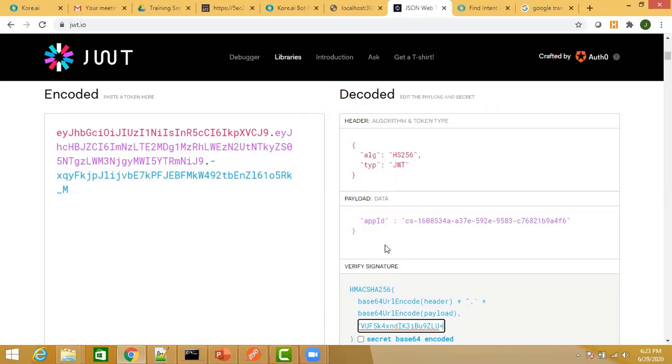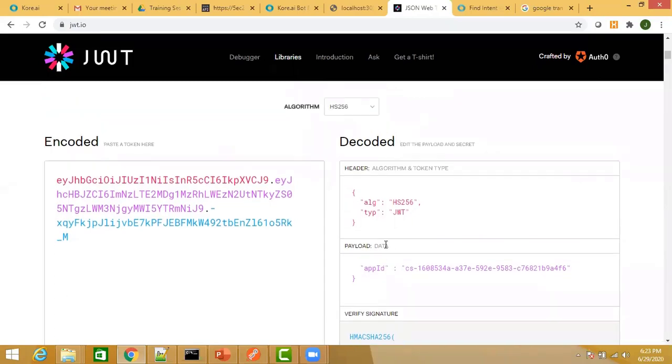So the way to generate, once again, I'm repeating. First, enable a scope, an app which will give you the client ID and secret. Associate all the APIs that you want to enable within that particular scope. Publish your bot. Once you publish, use that client ID and secret and using your JWT service, I'm using jwt.io. If you have any other service to generate your JSON web token, you can use that.